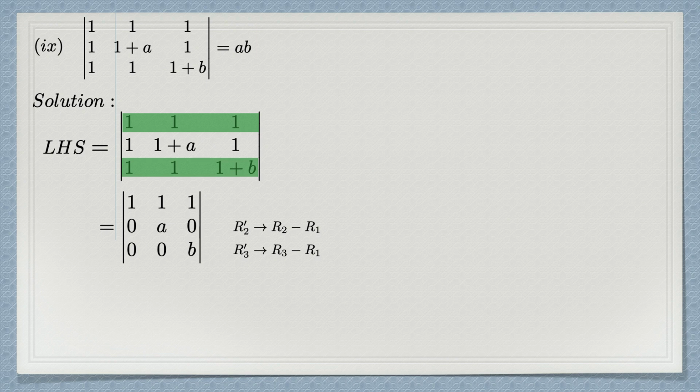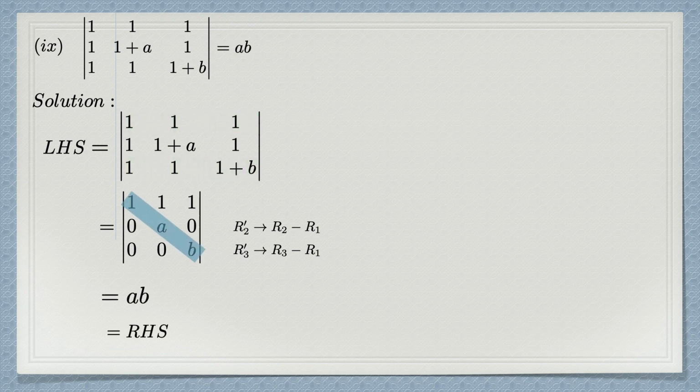See, this is one property, that is the diagonal. This is known as the principal diagonal. If the values below or above it are 0, or both are zeros, the determinant is equal to the product of the diagonal. Why are we multiplying this? Since below this diagonal all the entries are 0, or above, or in both places, the determinant is equal to the multiplication of the diagonal. 1 into A into B, that is AB. That is our right hand side.